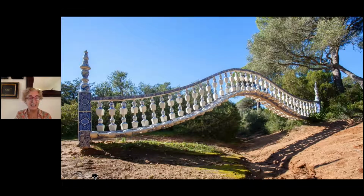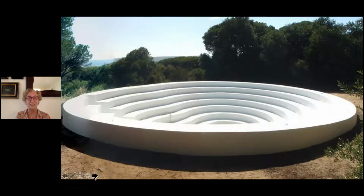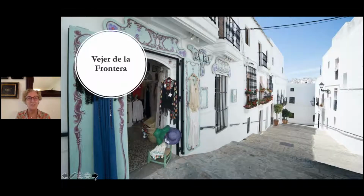This reminds me, the first time I see it, of Seville, with the bridge on the Plaza de España, but it's all this contemporary art that really gives a new perspective. It's a new thing. So this is Vejer de la Frontera,